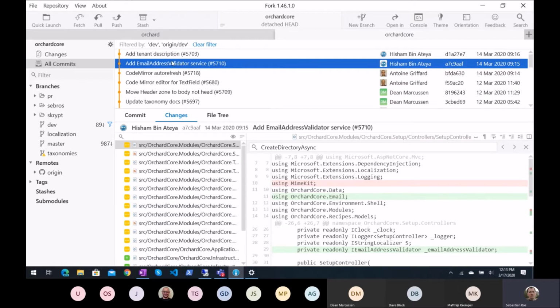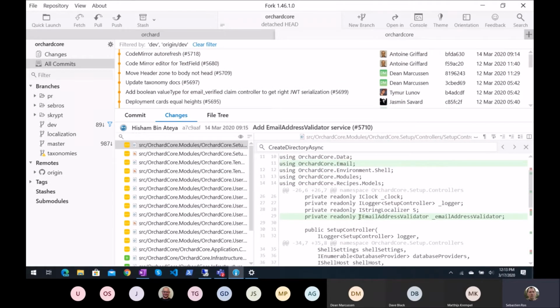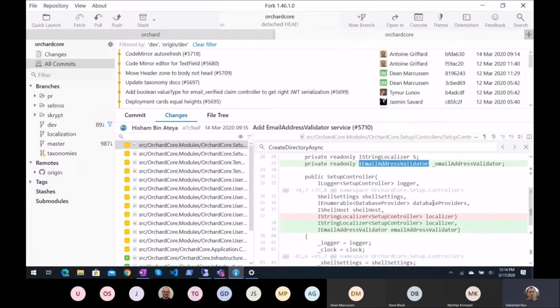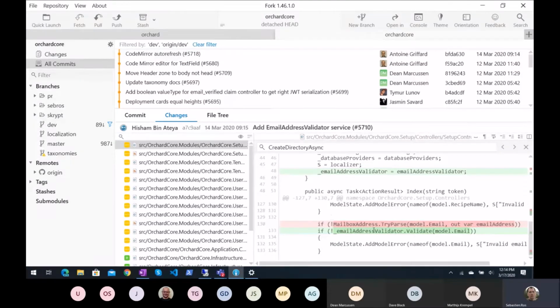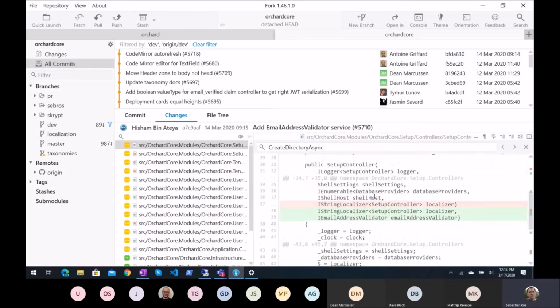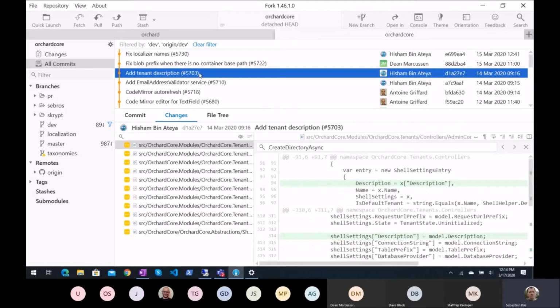Email address validator service 2. Yeah, there is one PR pending. So this one is to make a new email address validator service that is available by default in OrchardCore.Infrastructure.Abstractions, and it's using MailKit. So that's a new service you can use to validate emails. And this way, if you want to replace it, you can replace your own logic for email validation. There is a new PR fixing some design decisions coming. I think it was just waiting for the build to pass.